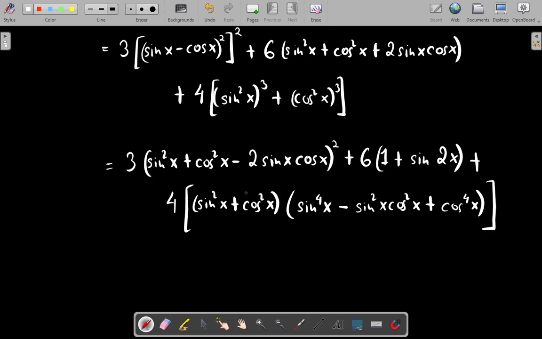This is the expansion of a cube plus b cube, a plus b times a square minus ab plus b square, right? So let us continue. We have sin square x plus cos square x, this will become 1, minus 2 sin x cos x will become sin 2x, right? So (1 minus sin 2x) whole square plus 6 times (1 plus sin 2x)